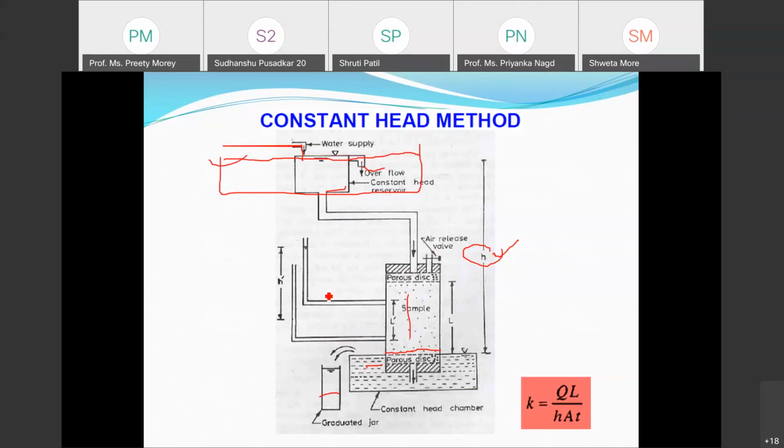Okay. So this constant head method will be useful for which type of soil, whether for coarse grained soil or fine grained soil? Because if the water is easily flowing through the soil, definitely it is a coarse grained soil, say sand or gravels. So this constant head method is useful for coarse grained soil because the water will easily pass through a given head. Okay. So what we will do, we prepare a soil sample, measure the head and